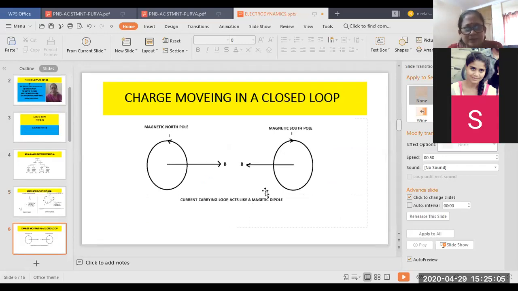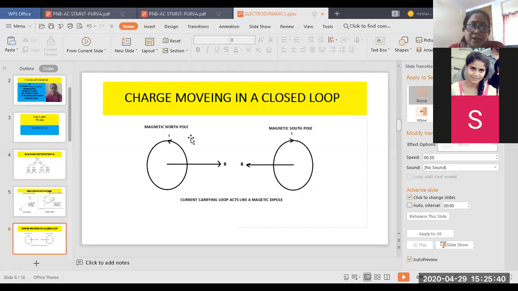This is one step further from the dynamic charge. In the earlier slide, you saw a dynamic charge following some haphazard path. But here I am quantizing the locus of the moving charge. Quantizing means I am fixing the locus. It can be a closed path, that is the circle I am seeing here. The charge can move this way, the anti-clockwise rotation, or it can go this way, the clockwise rotation.